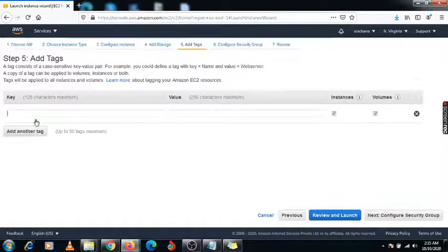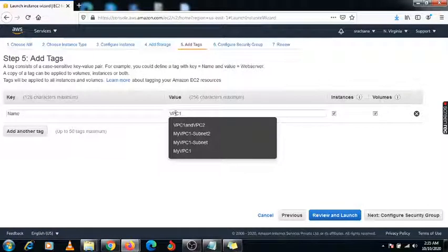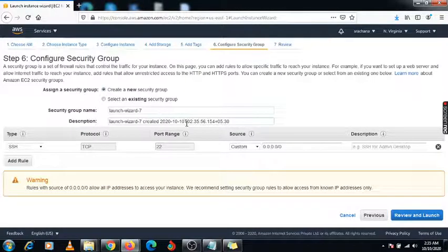Here I need to assign a tag, name, VPC1 server 1, and configure it.